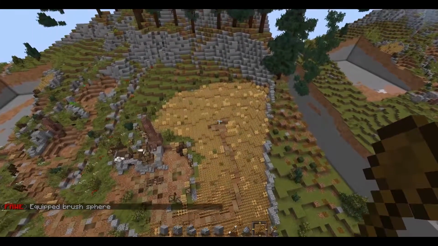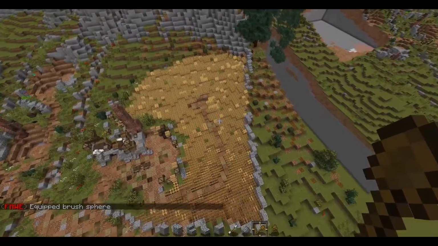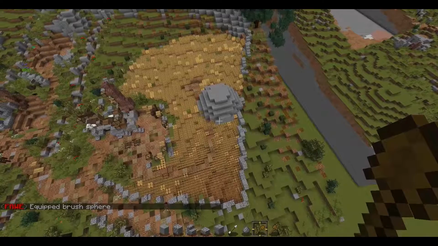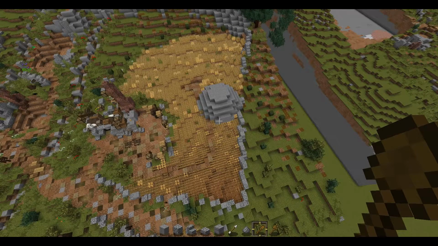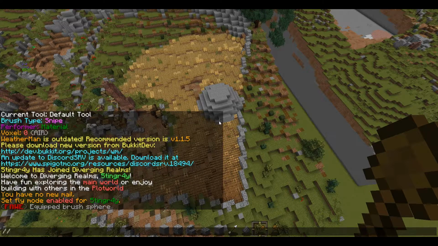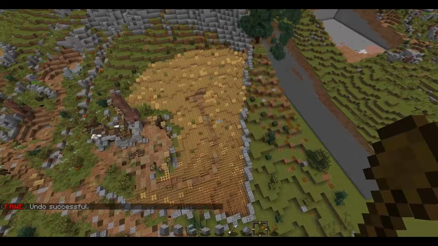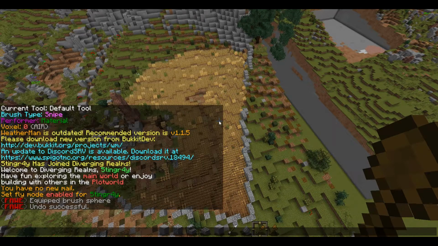So now we've equipped this brush, and if I click around, you can see it creates stone spheres. Now obviously we don't want to create complete stone spheres, we only want to replace existing blocks, we don't want to replace any air blocks. So let me undo that real quick. And what we'll do for that is we will add a mask. So with the item selected, we'll do /mask, and